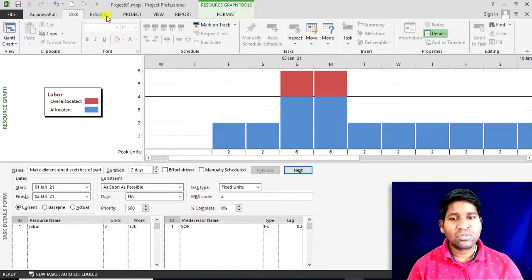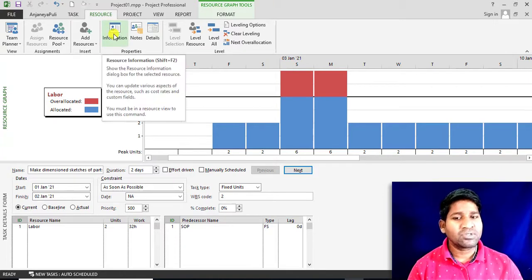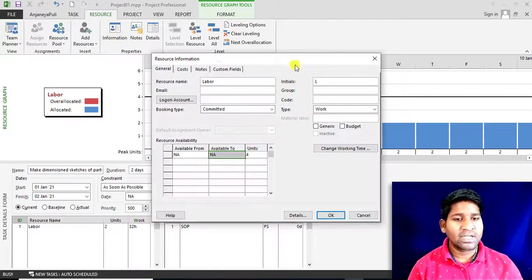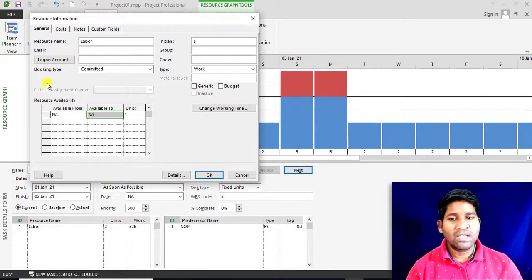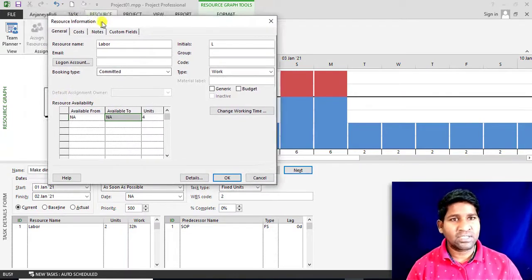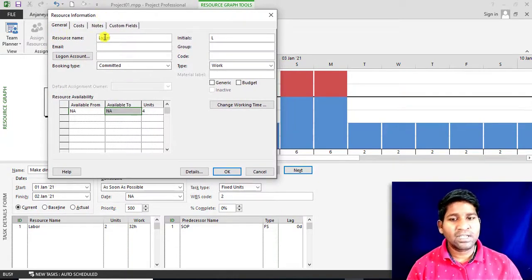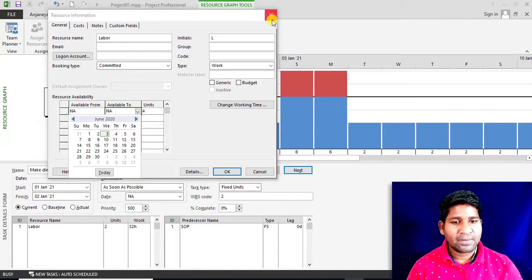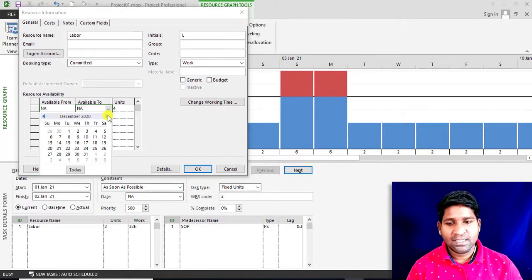For that, go to the resource and then go to the resource information. When you click on resource information, you will see the information related to this resource. Here you will see the resource name is labor. Here you will see the resource availability is 4 units. So let me change this one. Let me change the date. January 2nd.